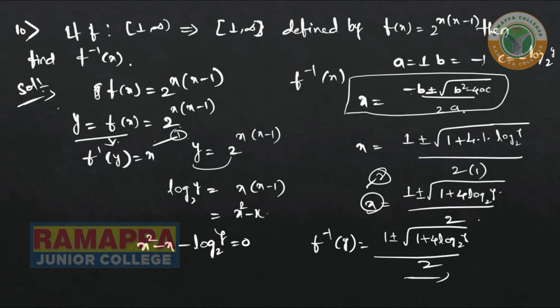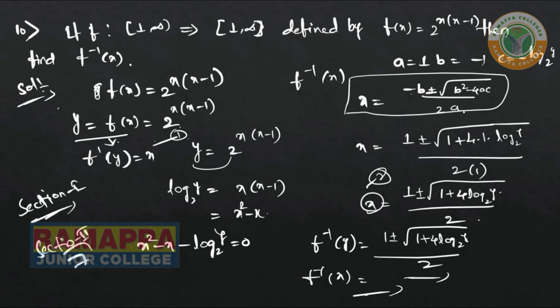So we can do this here, and in this place for f inverse of x, you write here in the y place, you substitute the x value, that is the answer. Now move to the second part. Here section 2, section 1 completed up to now. 10 questions were there. Section 2 we are going to find now. There are 7 questions in section 2. Now move to section 2.